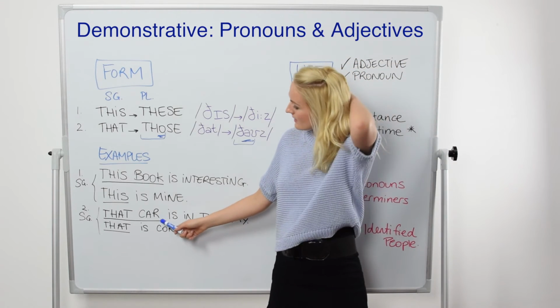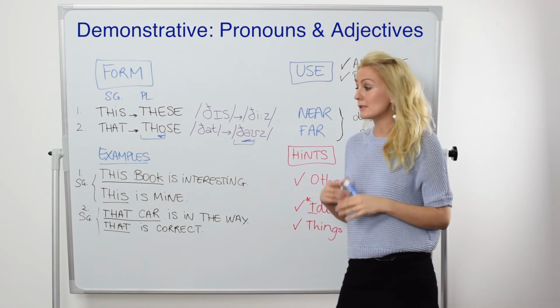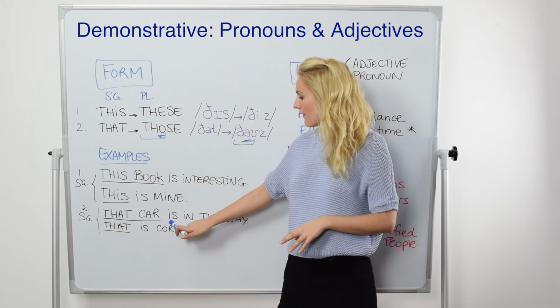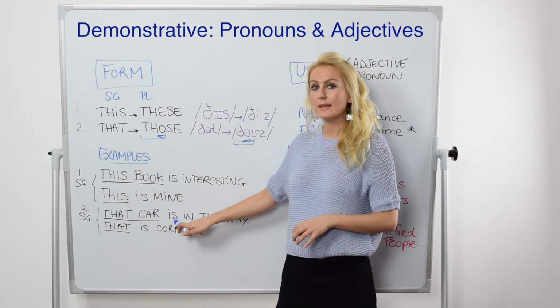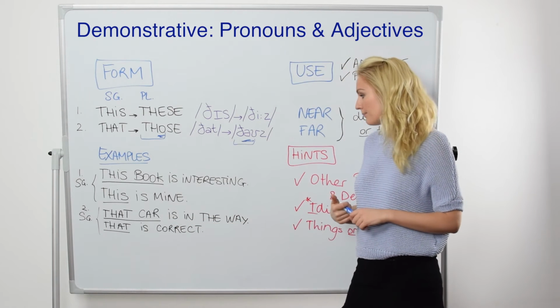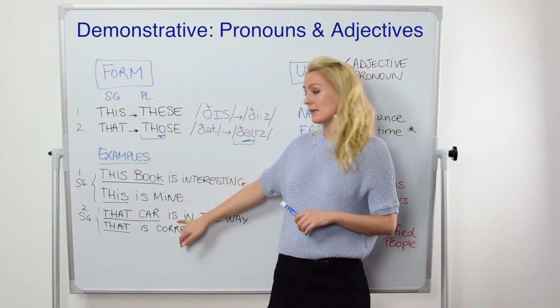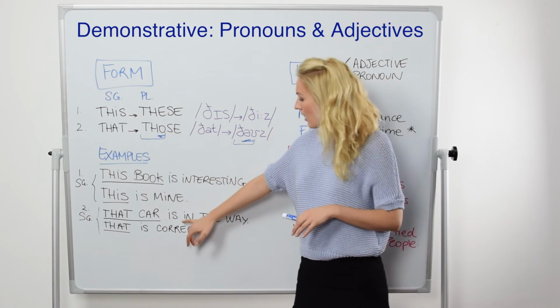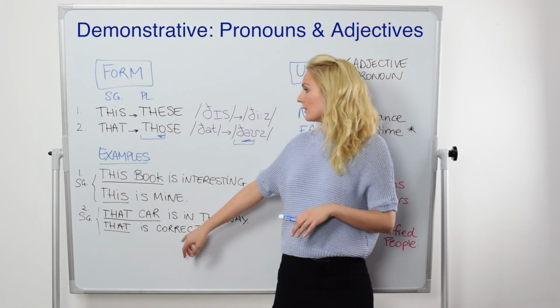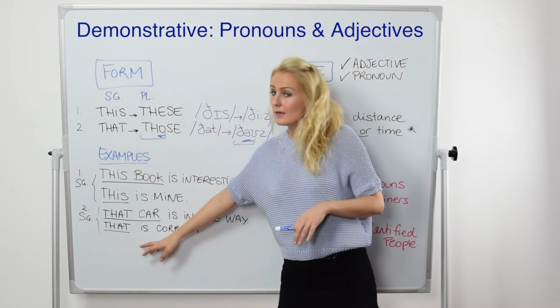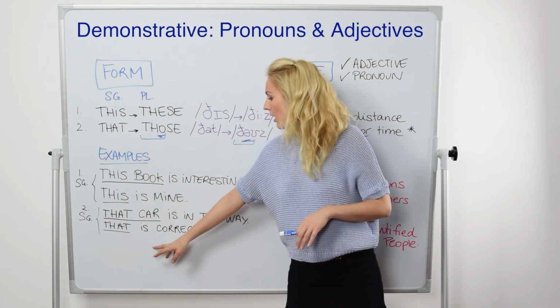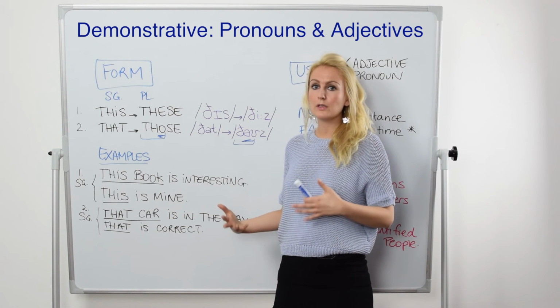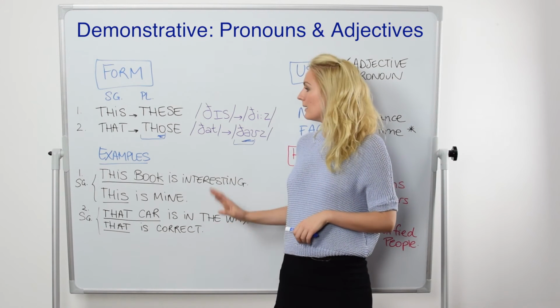So I add an S, an inflection here to show that it is the plural. I change my verbal form here, my verb to be, which is actually not working as an auxiliary here. It's full form, it works alone. So are in the way. Those cars are in the way. And the same thing goes here, but for the pronoun, those are correct. Okay, so plenty of examples there.